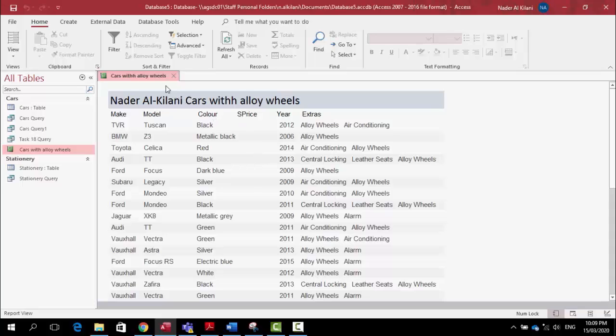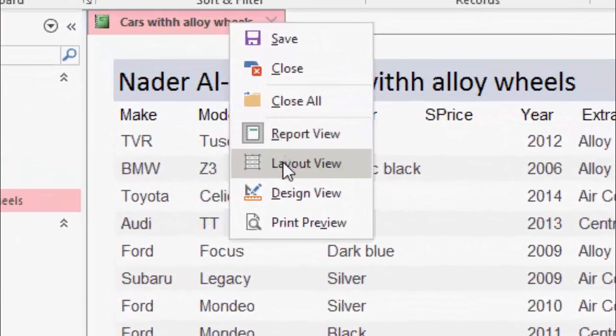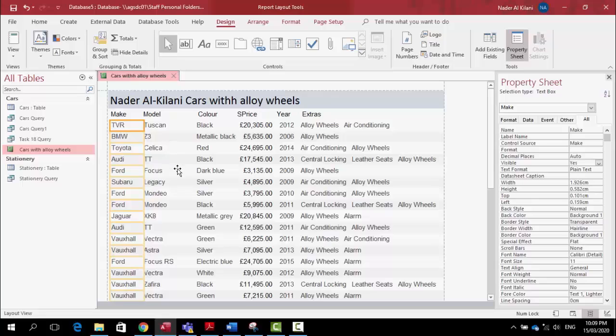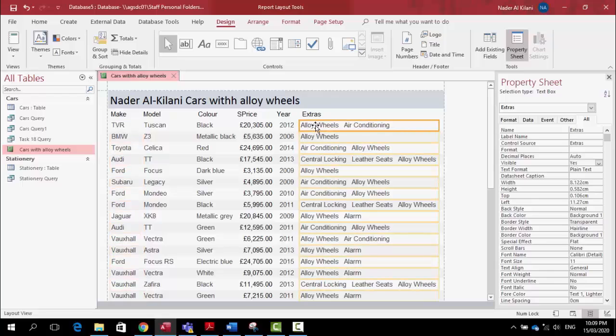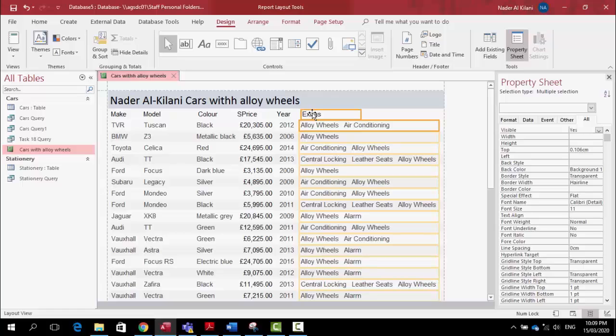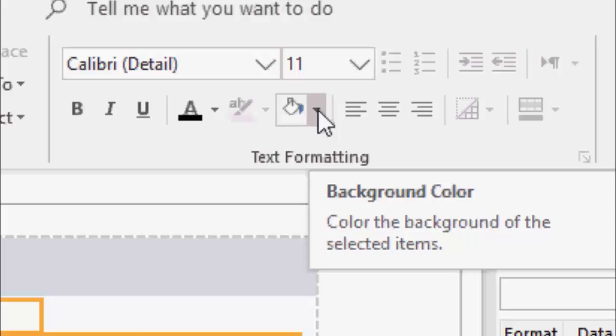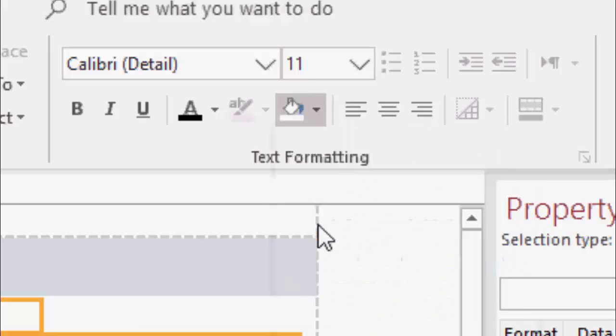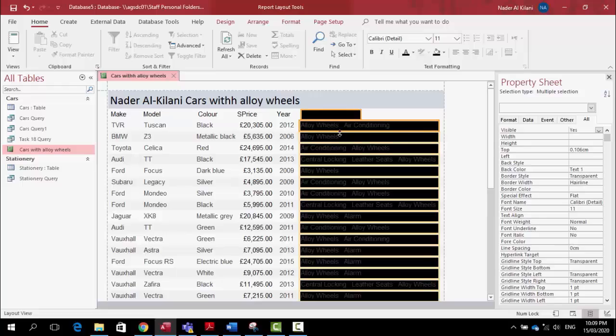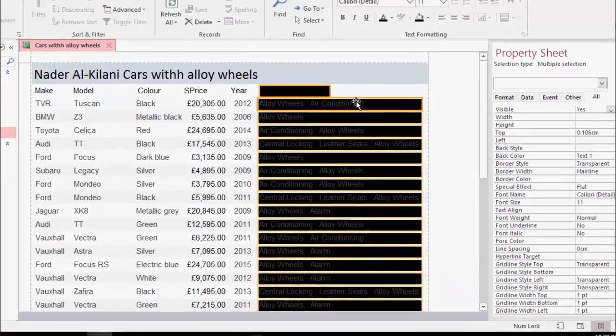Now we can do this in another way. Let's choose layout view, and let's say this time I need to hide the extras, for example. So I'm gonna click the data, and I might choose the label to hide the label as well. So I'm gonna select both of them, and you're gonna click home, and you see this background color or the shading. Choose black,